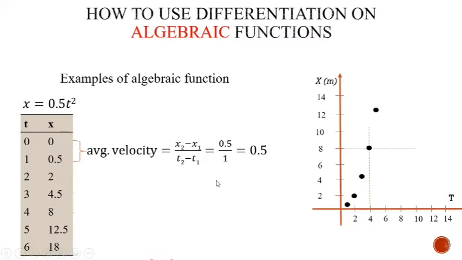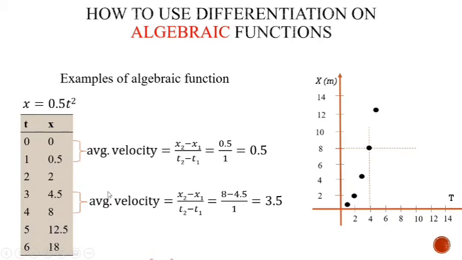So to find out average velocity, in this case the velocity is increasing, and there you can find out the average velocity for this case. So for the first case, you can see the average velocity will be equal to change in position divided by change in time. We are doing the same thing again as we have seen on the previous slide. Here the change in position is 0.5 and the change in time is 1. So ultimately the average velocity is 0.5.